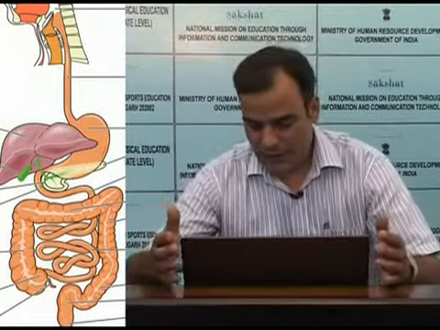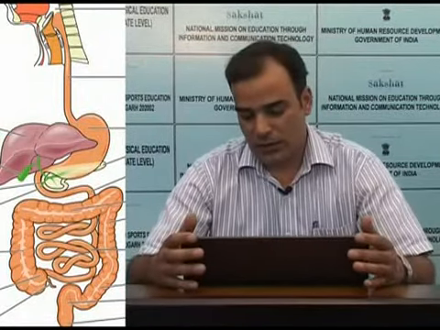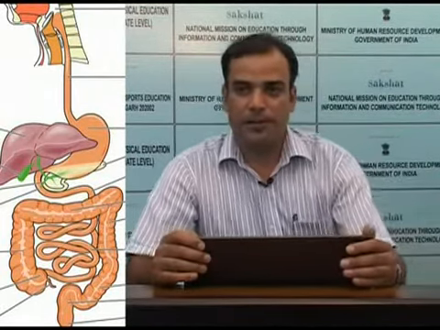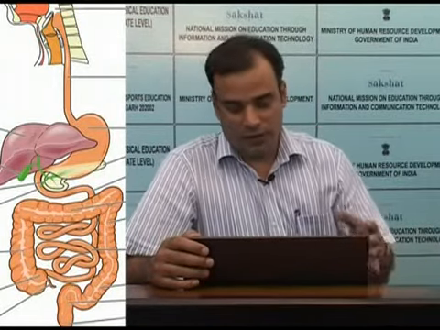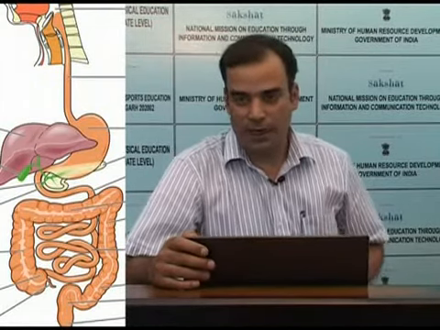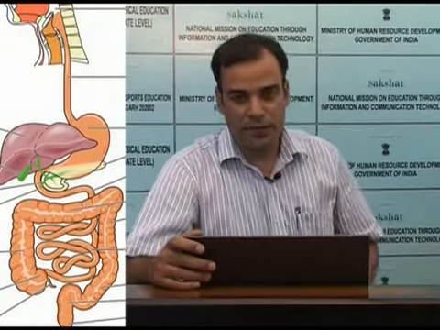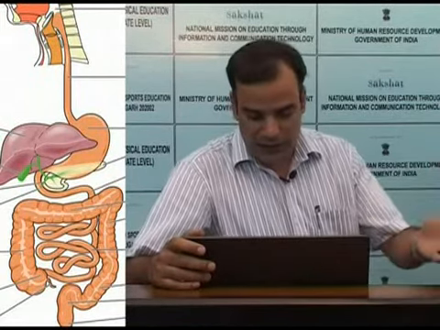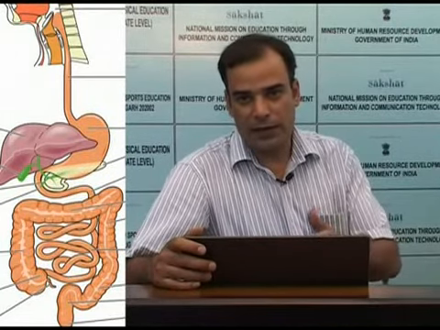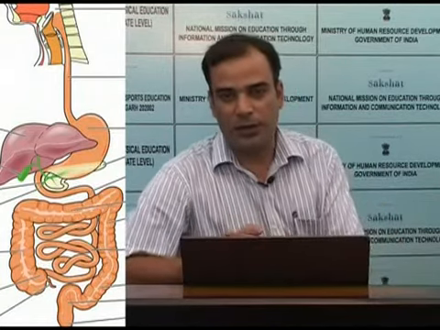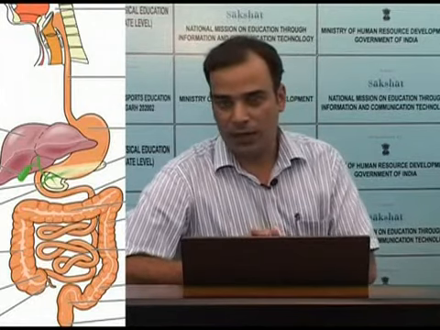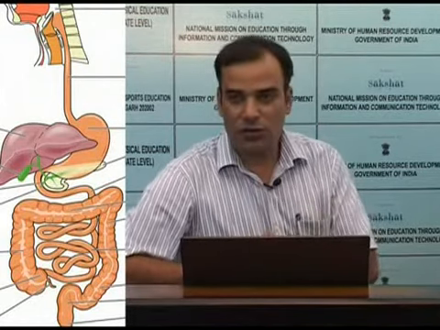Now, before we proceed any further, let us see some basic characteristics of the gastrointestinal tract. Let us first discuss the neuronal control of GIT. Actually, the functions of the GIT, which we have already discussed and some will be discussed later, are regulated by 2 communicating systems of the body. One is the endocrine system, and second is the nervous system. So first let us discuss the nervous control of GIT.